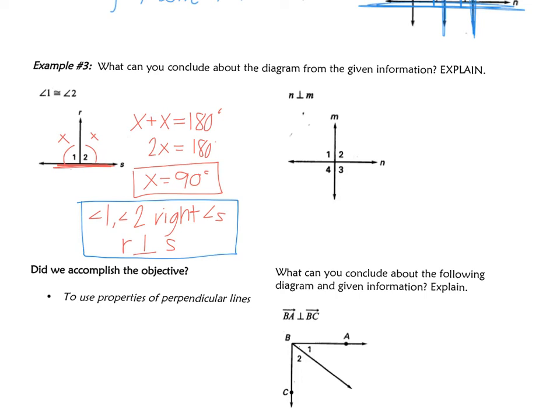Hopefully you gave it a shot. We were told that N is perpendicular to M. That upside down symbol means perpendicular. So what do I know? Well, I know that 4 right angles are created. Okay, it's one of our theorems. So I can write angle 1 congruent to angle 2 congruent to angle 3 congruent to angle 4, and they